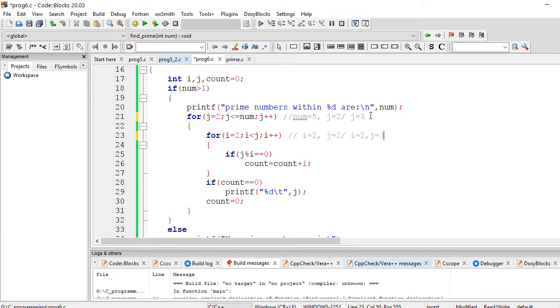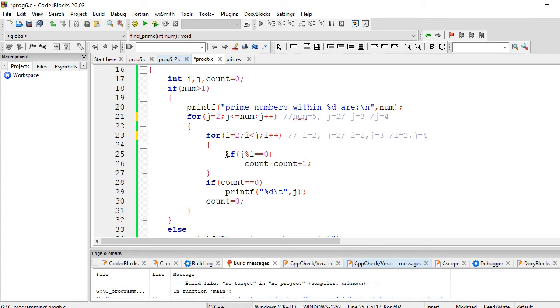Now j will be incremented, so the value of j will be 4 in the third iteration, and now we will enter our for loop because i is 2 and j is 4, so i less than j is true.